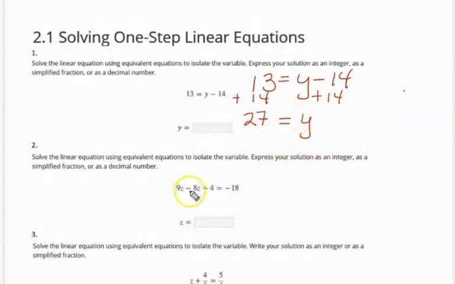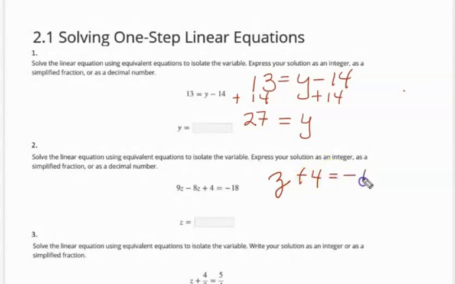Okay, now let's do this next one. Start it out together. So we have, well, before we do it, a good idea would be to inspect. Notice we have like terms here. So 9z minus 8z would be a 1z. If it's a 1z, we don't write the 1. And then we have a plus 4